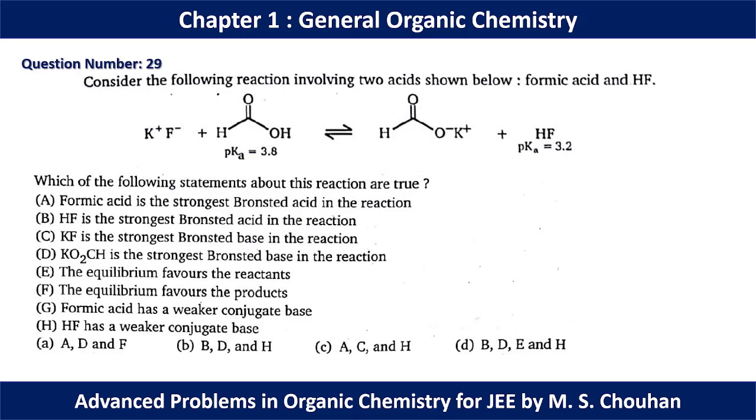In question number 29, we have the same situation. The strong reagent can form weak reagents. Here the pKa value is 3.8 and here the pKa value is 3.2. That implies that this is the stronger acid and this is the weaker acid. Again, here the negative charge is resonance stabilized, and here the negative charge is stabilized by the electronegativity of the atom. But the strong acid cannot form as a product after the reaction with the weak acid. So it implies that this reaction should go toward the reagent side.